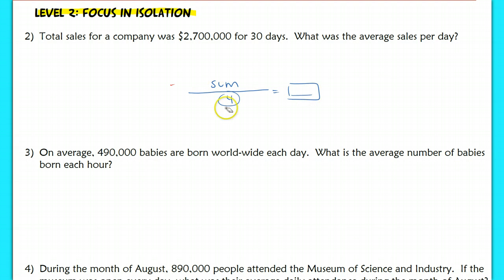So we're only going to give you two numbers here, and you have to know which one is the sum and which one is the total number of items. So let's start with this example. It says for number 2 that the total sales for a company was $2,700,000 for 30 days. What was the average sales per day? So I'm given two totals. One is the total amount of money that they make, and one is the total number of days that they've made this money in. So in this case, I want to find the average by taking the sum, which is this number here, the total amount of money,